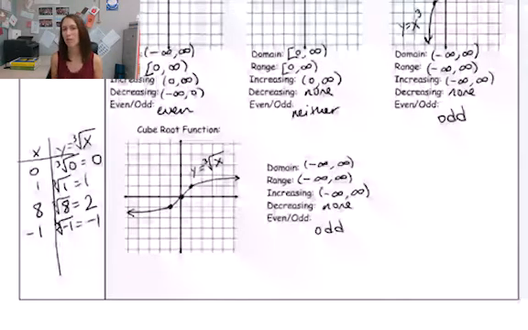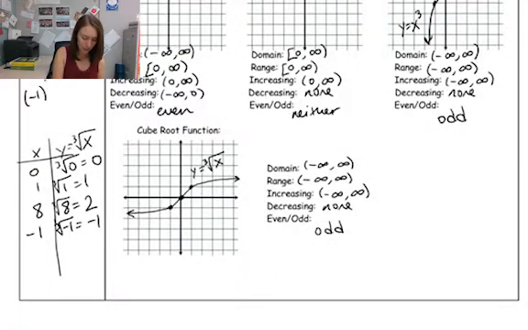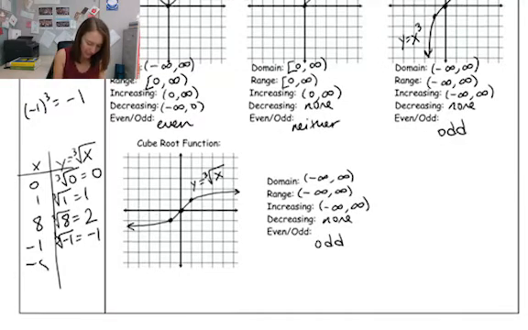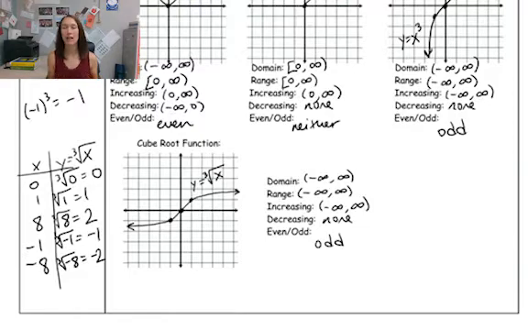It's not like square root where I get an imaginary number, because I can take -1 cubed, and I get a negative number, -1. And then I can do -8. The cube root of -8 is -2. So that kind of gives you all those points. 8 and 2s wouldn't fit on my graphs. So just be careful not to cross that y = 2 boundary as you go towards the end of your